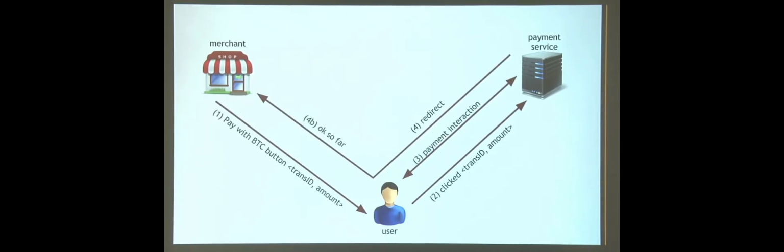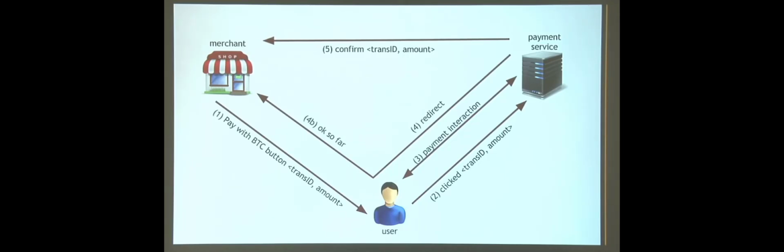Might be a redirect of some kind, maybe an HTTP redirect or something else that comes back to the user's browser and causes the user's browser to send a message on to the merchant from the payment service saying, it looks okay so far. And then later, the payment service will directly send a confirmation saying that yes, in correspondence with this transaction ID that you, the merchant, created, the following amount was spent, that this is fully confirmed in the Bitcoin blockchain, and the payment service will confirm that it's giving you the money at the end of the